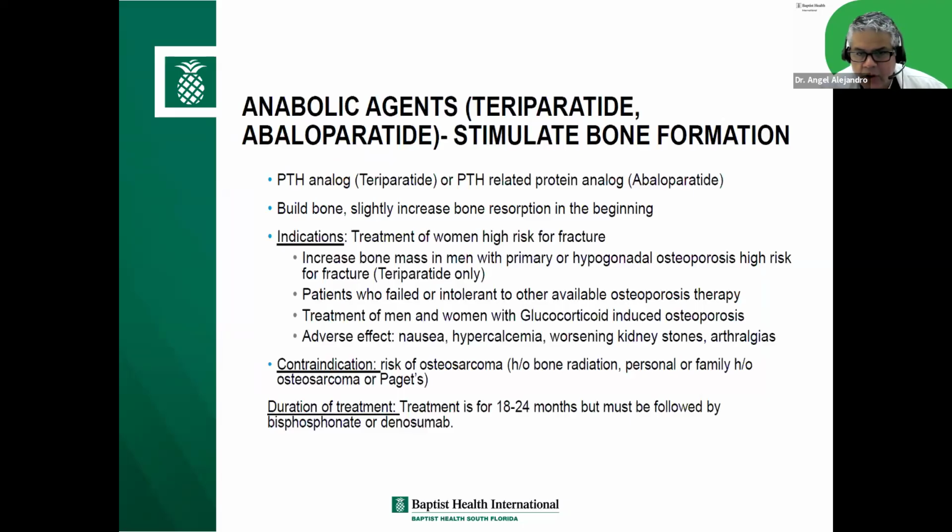Once again, for the anabolics, there are some contraindications. There is a risk for osteosarcoma, so this is not for everyone. If the patient has a history of bone radiation, a personal history of osteosarcoma, a family history of osteosarcoma, or even Paget's disease, those are not good candidates for this drug. The duration of treatment is 18 to 24 months. These are injections that the patient gives at home daily. They come in pen devices, just like insulin, very easy to use. And remember, these are anabolic agents. You're going to build bone, and then you're going to save the bone by switching them over to a bisphosphonate or to